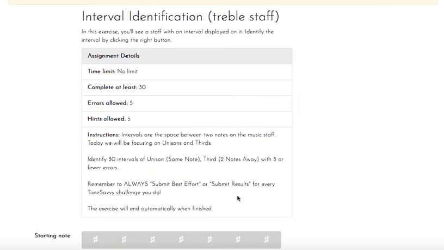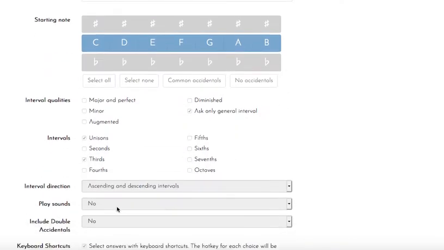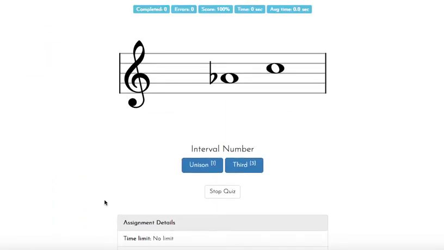Scrolling down here, let's do a couple of these together. Okay, first thing looking up here today, you have a choice of a unison or a third. So you're going to compare these two notes together to decide if they are a unison, meaning they are sharing the same space, or if they are two notes away. Line, space, that's two notes. 1, 2. So we call that a third,